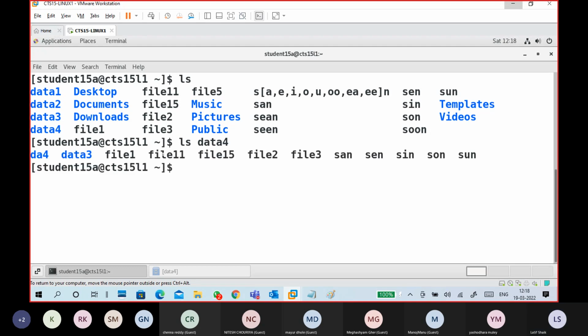Okay, you want to move multiple files, so why not a single file? I will do only a single file first. File 5 I will move first, then I will move multiple files. Okay, so that's better. mv